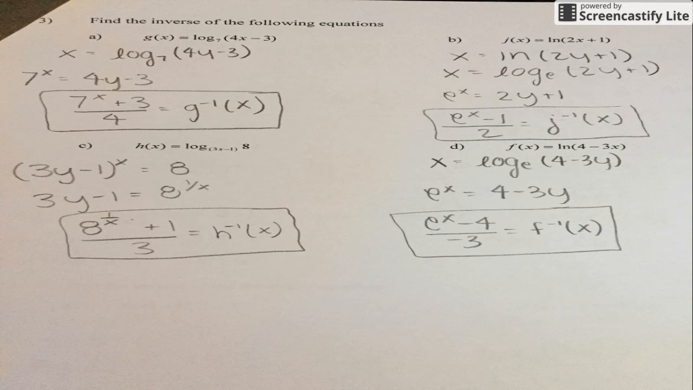Letter C, since it involves you square rooting the 8 when you get to the second step, when it's 3y minus 1 equals 8. So you have to square root the 8, but a simpler way of writing that would be 1 over x. So the exponent is just 1 over x. Just like if you were to square root 2, it would be 2 to the 1/2. It means the same thing. And so that's okay to be in your answer, the 8 to the 1 over x plus 1 divided by 3. So these are the answers to all